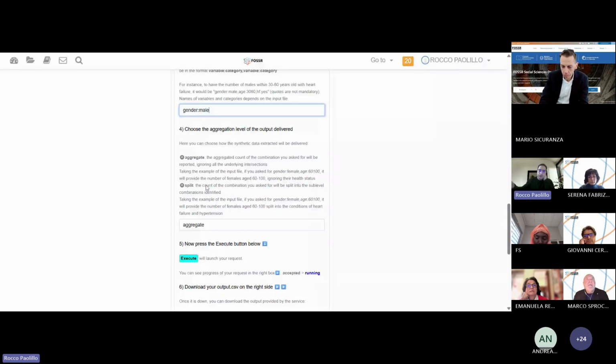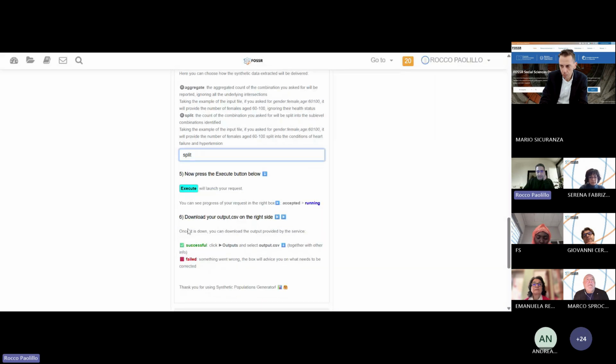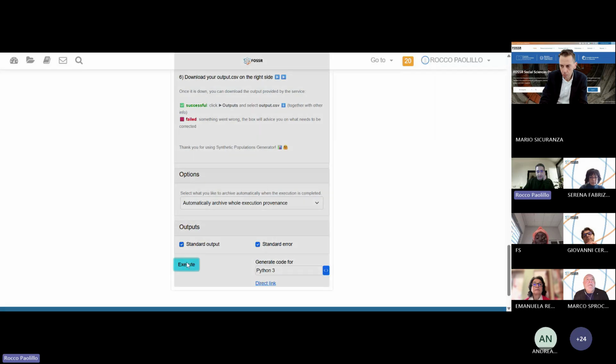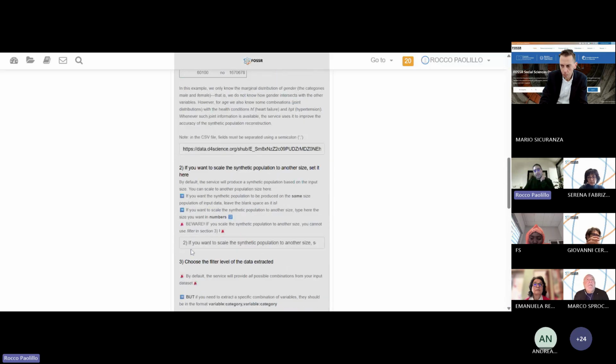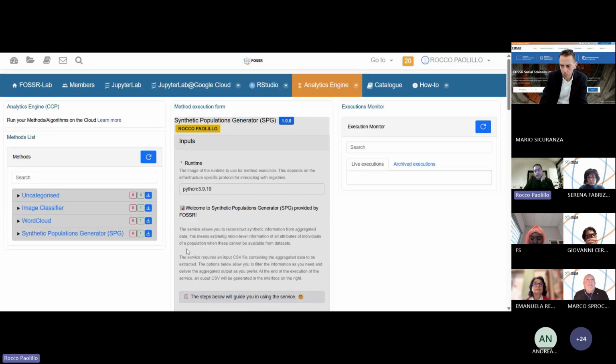aggregate the outcome to the whole categories or split to the subcategories, meaning ignoring the female category, only males, all the cases of hypertension, age, and heart failure, because I didn't specify 20 per level in this case. So I do split, and now it tells me to execute the command. So my request now has been sent to the D4Science servers, who will, it should appear here soon,